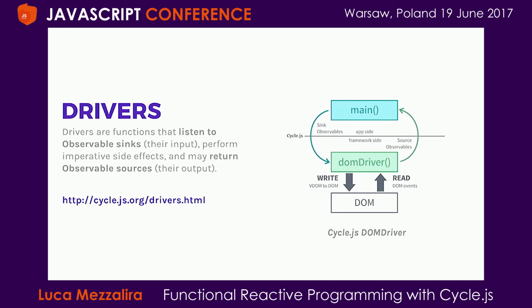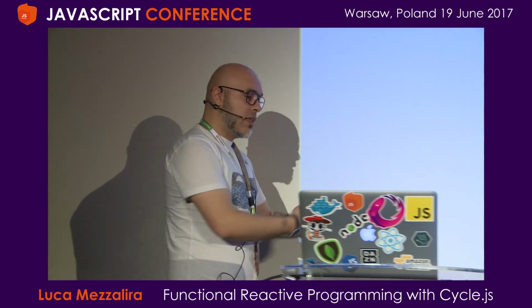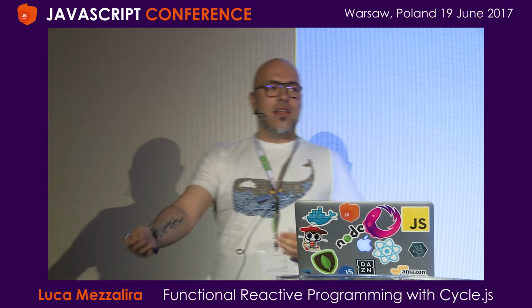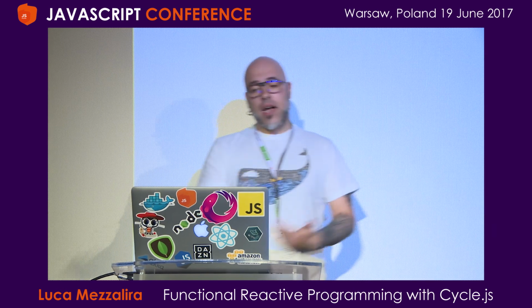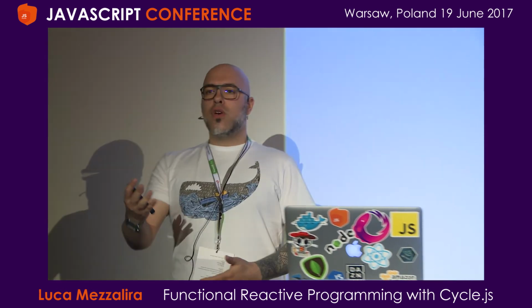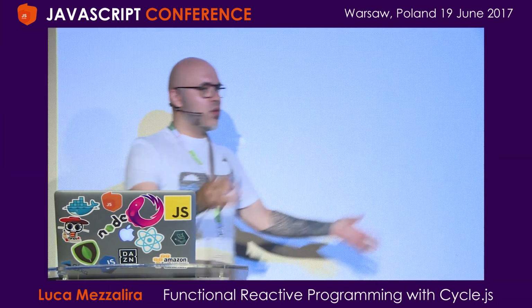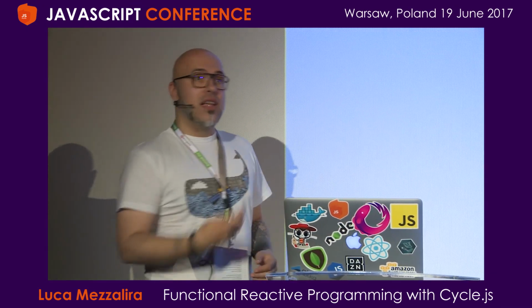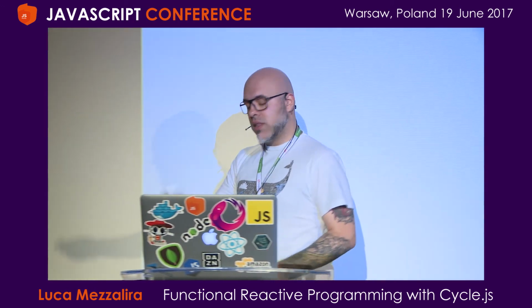So think, for instance, when we want to manipulate the DOM. What we pass in Cycle is an observable with our data that will represent our virtual DOM, and then someone else is taking care of rendering the DOM. And then as output of this thing will be the objects that are created inside the DOM that I can interact with. And we will see that in a moment. Or another thing could be a driver that handles the WebSocket. WebSocket doesn't have to return anything. You just create a WebSocket, an infrastructure, and then you pass messages inside it. So in this case, we can have a driver that is just an input driver. So you got an observable, and through the observable, I'm trying to interact with my entire application.